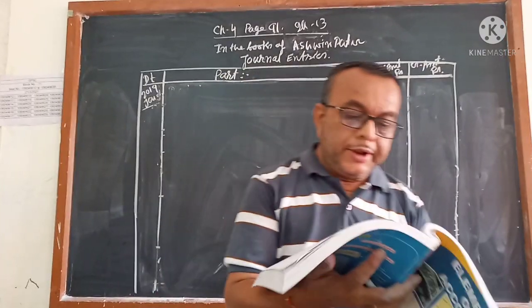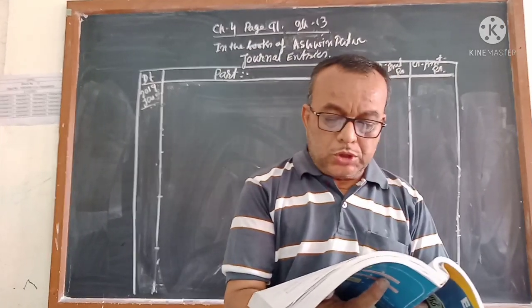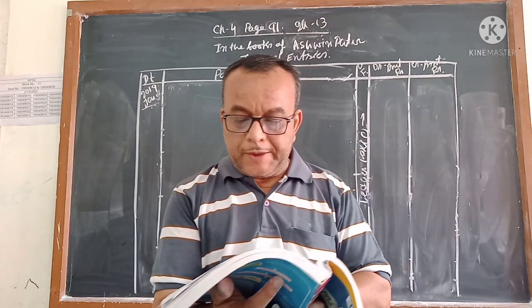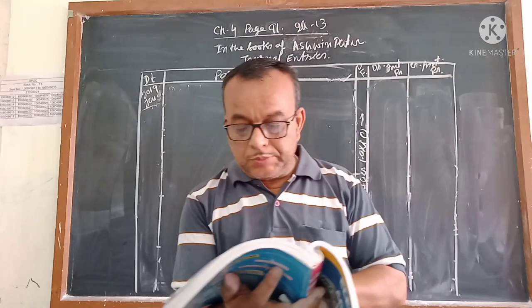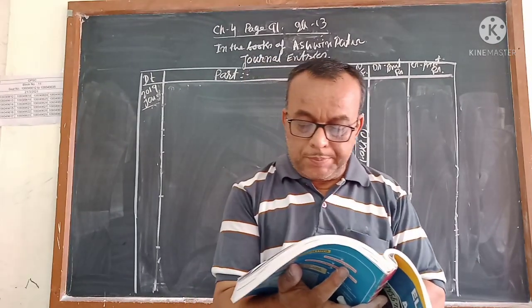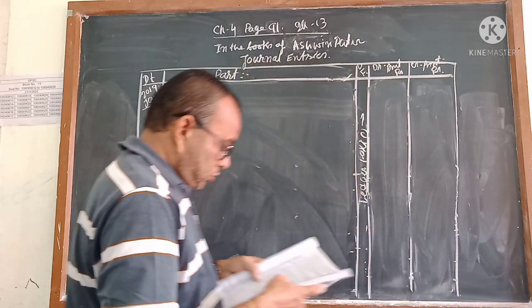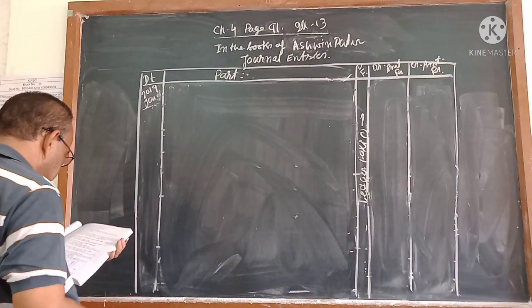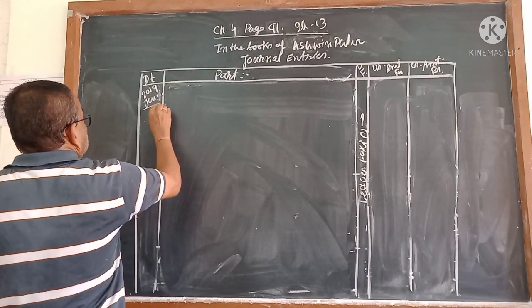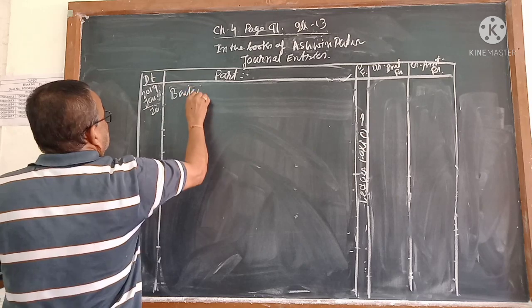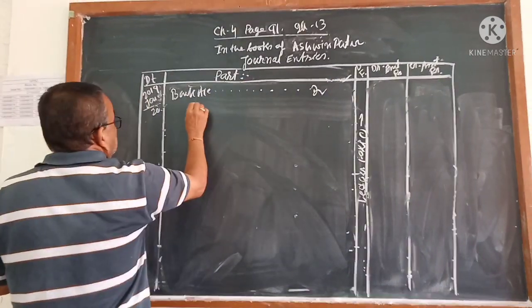Number 20, the date January 20. It is said goods of rupees 12,000 sold to Dinesh Bhai of Delhi. Dinesh Bhai is in Delhi. You are from Ahmedabad, and he is from Delhi. So obviously IGST is applicable, and payment received by cheque. So this is bank account debit. Which date? 20. Bank account debit. Bank account debit, the amount will not be written first.